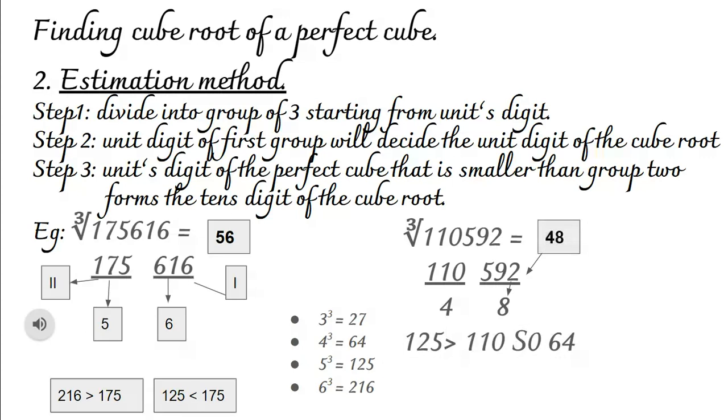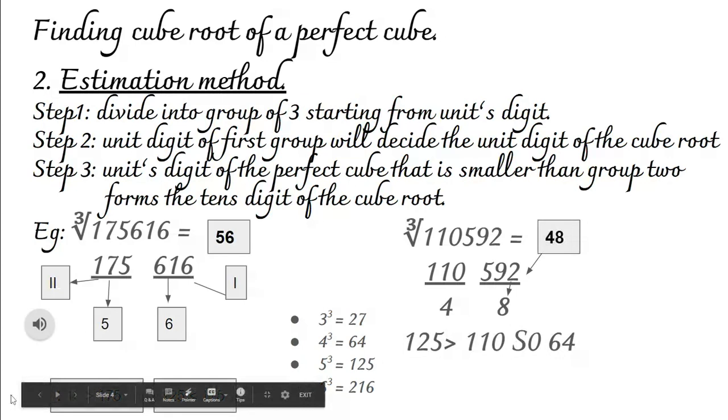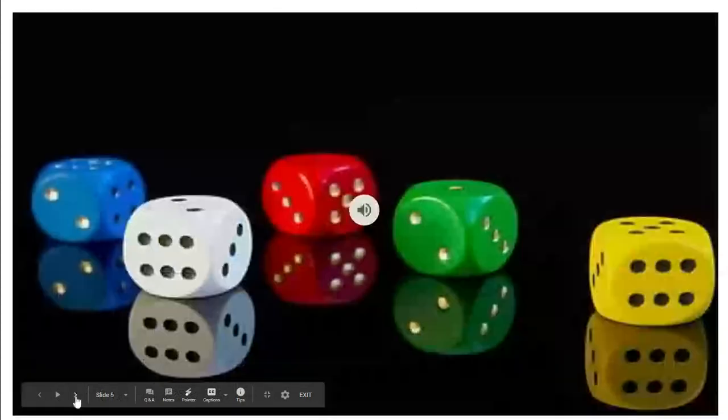Is it very simple or not? Yes, it's very simple, isn't it? We are doing no operations here, nothing we have to do. Simply we are estimating the value and finding the cube root. It will work only for a perfect cube. It may be a 5-digit number, a 4-digit number, a 3-digit number, any number of digits. If it is a perfect cube, then only we can do the estimation. Clear? Okay.